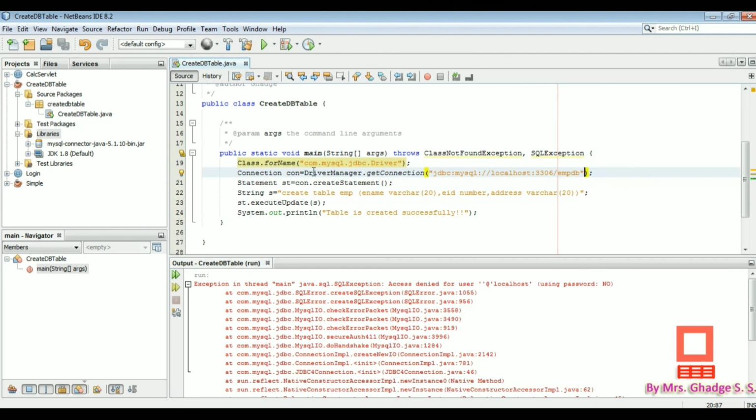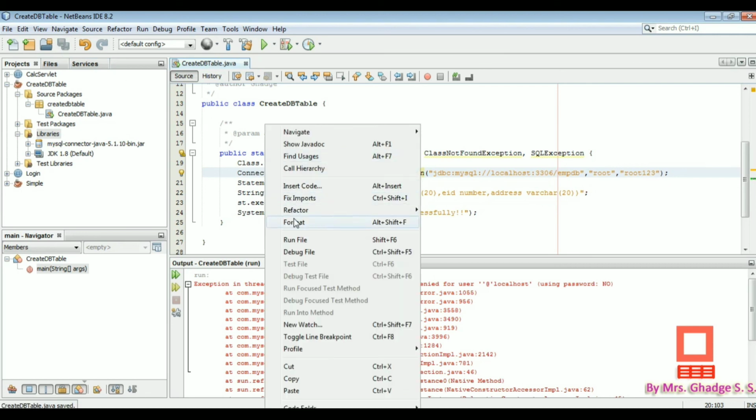In the line Connection con, getConnection method, we have to write the second and third parameters. The second parameter is user, suppose here we write the user name is root, and the third parameter is the password. Here the password is root123. Save the file, again right click and run file.